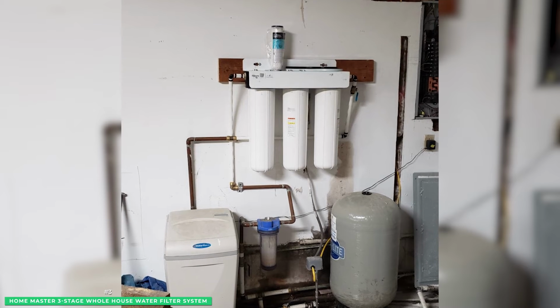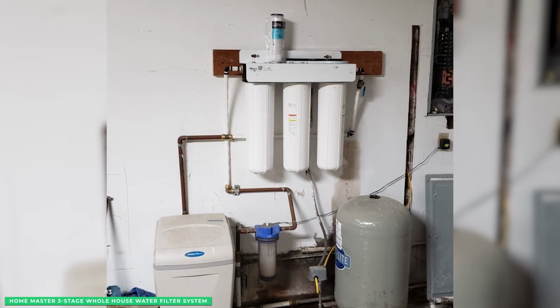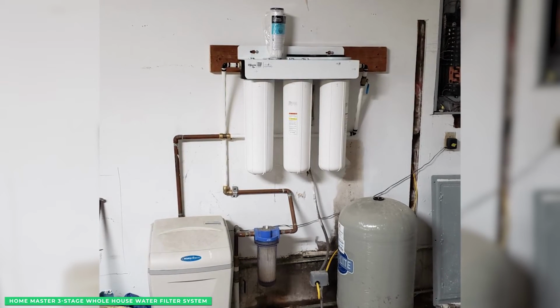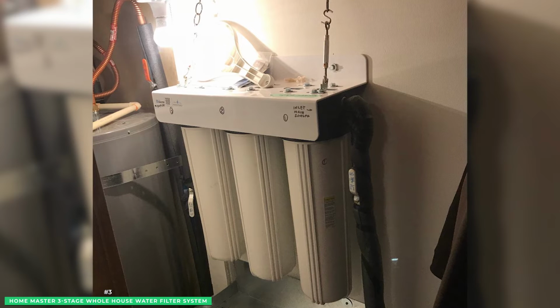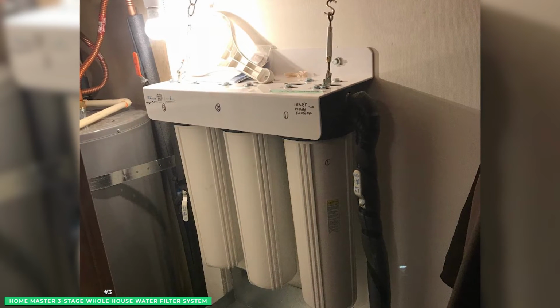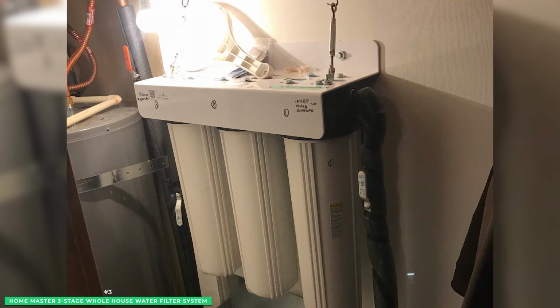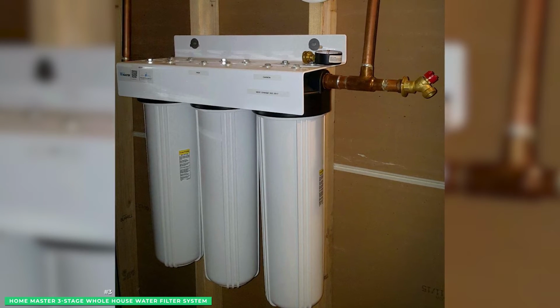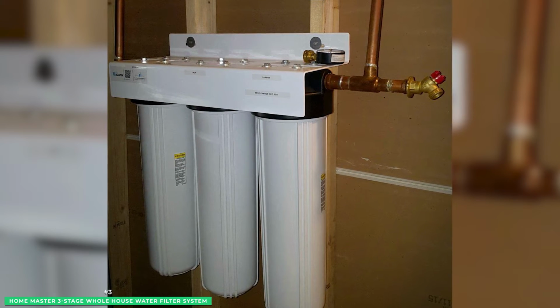The Home Master water filter is the best in its class for a straightforward reason. The unit delivers clean, clear water to every faucet and bath in your home without drawing down water pressure. Maintaining high water pressure is a key concern of home dwellers living on well water. Water pressure never falls short because the large housings accommodate the larger filters. The best part with a cartridge-based system is it arrives fully assembled, so it can be installed seamlessly to get